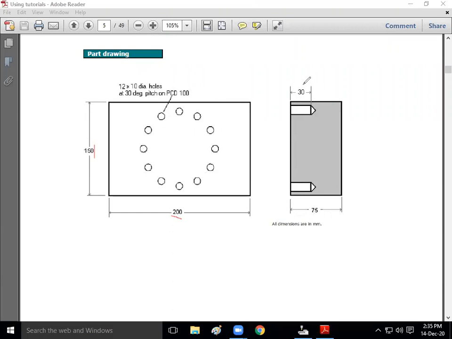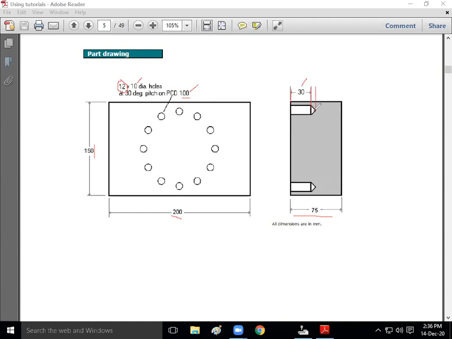We have 12 holes of diameter 10 mm, with a pitch circle diameter of 100 mm, and the depth of all these 12 holes is 30 mm. Up to this point it is 30 mm. If you consider up to this point, it will be around 32.